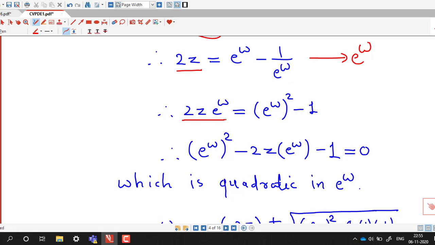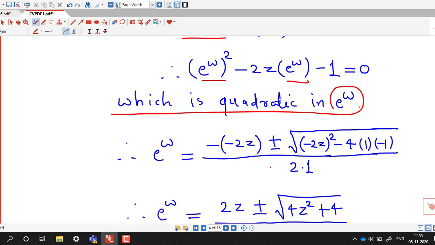And if we transfer this term on the right hand side, we have e raised to w square minus 2z e raised to w minus 1 equal to 0, which is nothing but a quadratic equation in e raised to w. Therefore we obtain e raised to w equal to minus the coefficient of e raised to w, which is minus 2z, plus or minus the square root of minus 2z squared minus 4 times the coefficient of e raised to w square, which is 1, into the constant term, which is minus 1,